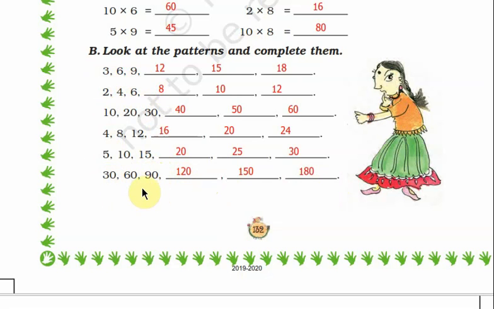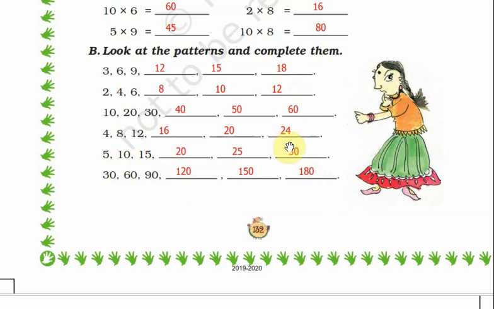Likewise 30 into 1 is 30, 30 into 2 is 60, 30 into 3 is 90. So what will be 30 into 4? 3 4s are 12. So 30 into 4 will be 120. You can add 1 0 to the answer because it is the same as the table of 3 for 30, but you have to add 1 0 to the answer. Okay, next one, 30 into 5 is 150. You got the answer, 3 5s are 15. So for 30 into 5, one more 0 you have to add here. Then 30 into 6 is 180. You can see here 18. So here it is 180.